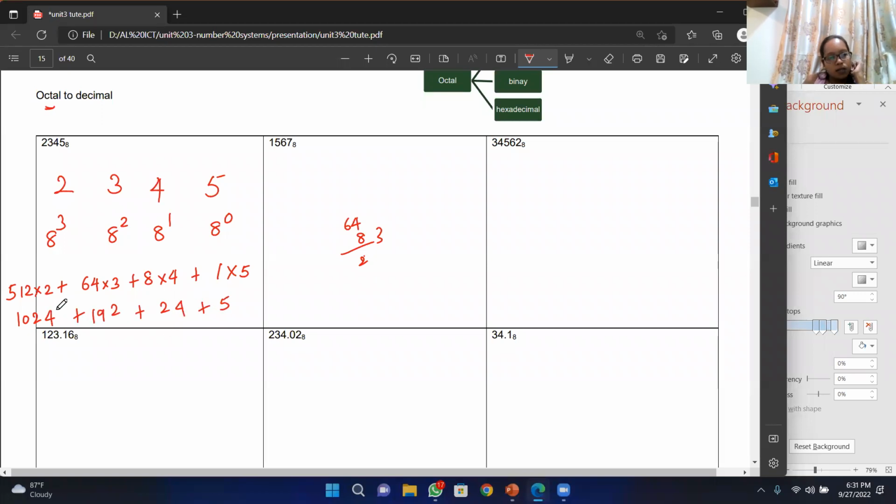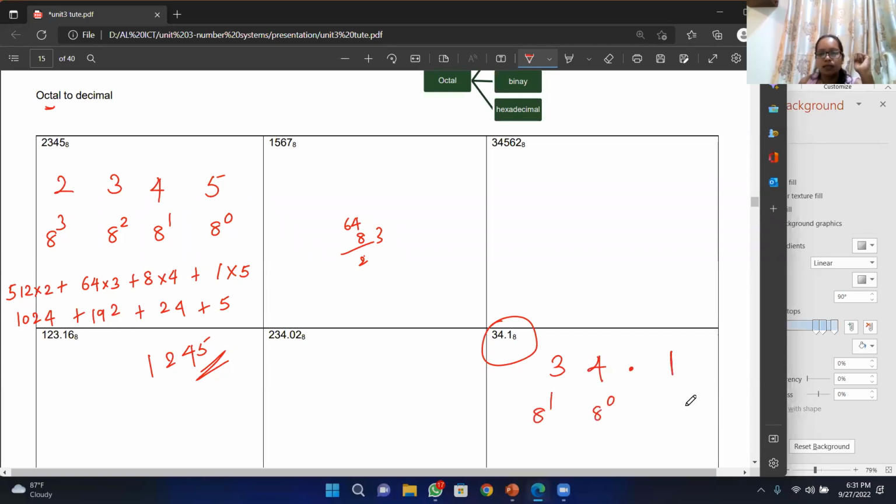That is 1245 in decimal, right? So if you have decimal values like this, 2 3 4.1,